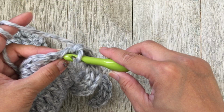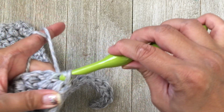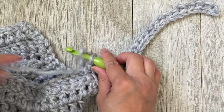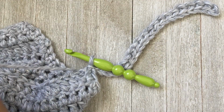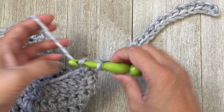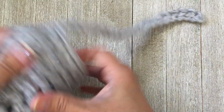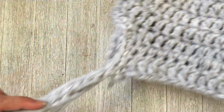So here I am back down to the base, and you want to just slip stitch right at the bottom right there. So now grab your scissors and cut off your yarn, leaving a tail, and then yarn over and pull it through, and then don't forget to weave that in later. So now you want to put the little ends,